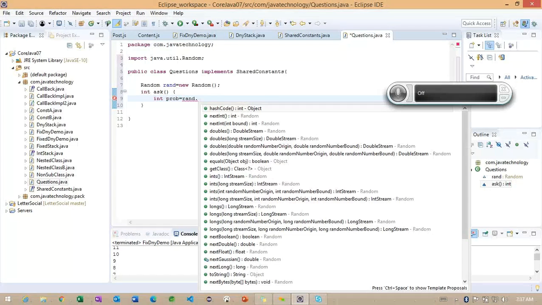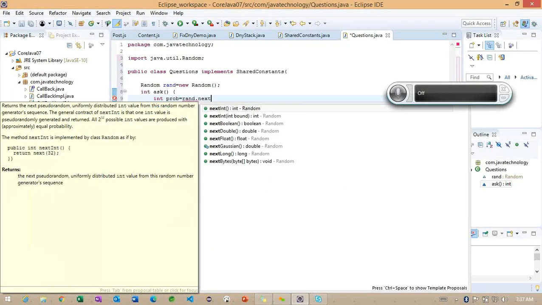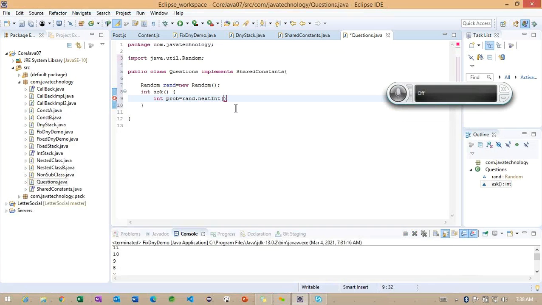Basically, next int value, I'm going to work here. With this particular nextInt value, whatever value we are going to get, we'll multiply with 100.